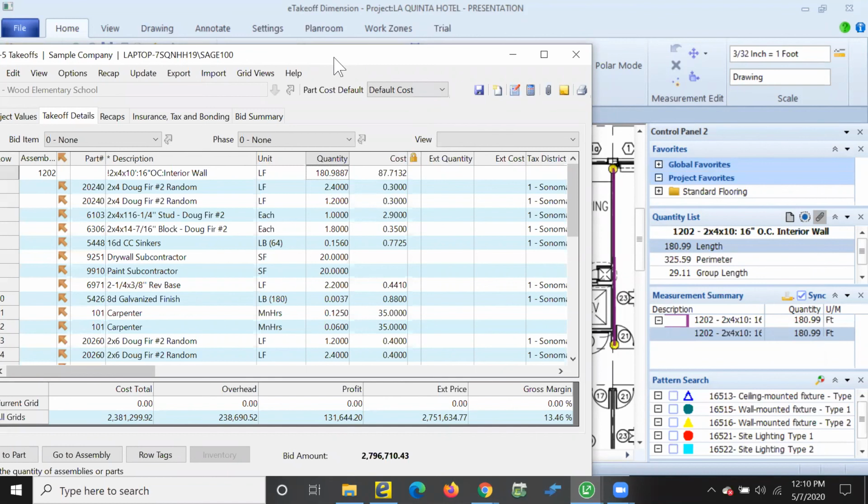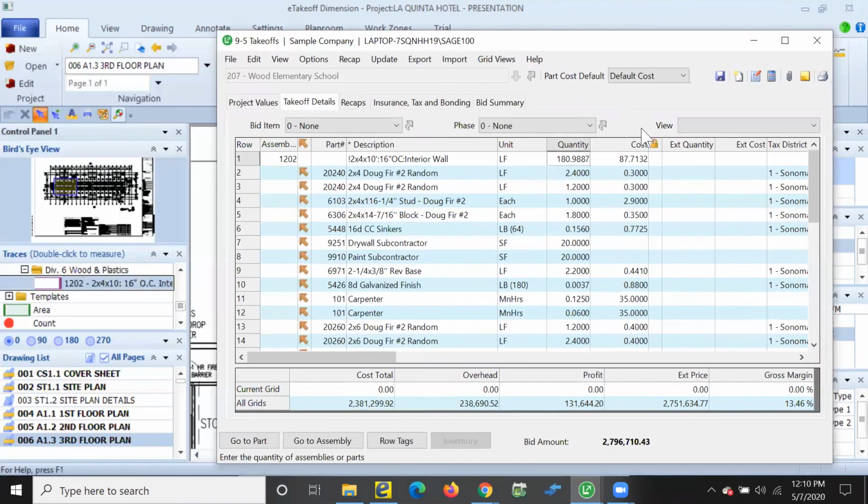Another functionality here is, if you had several items or assemblies you needed to update quantities with, you can actually do a mass quantity update as well instead of doing it individually. So that gives you another way to have a checks and balances just to ensure you have an updated quantification in your estimate.